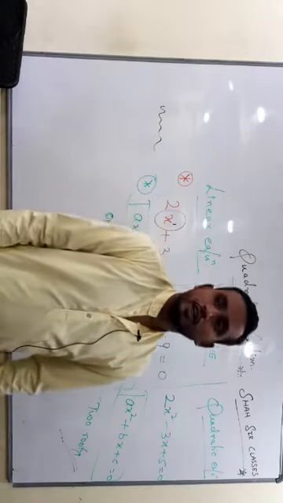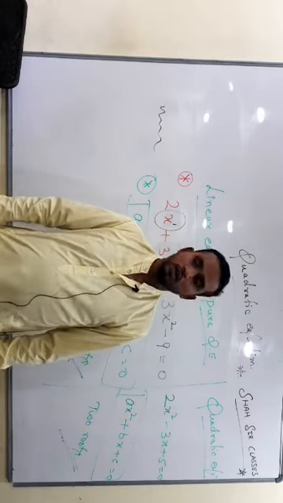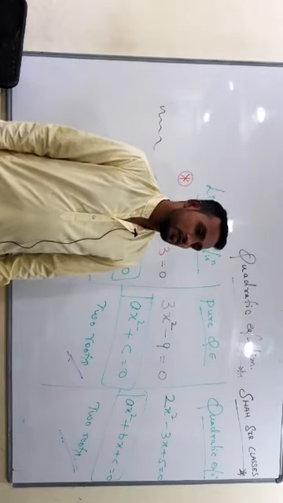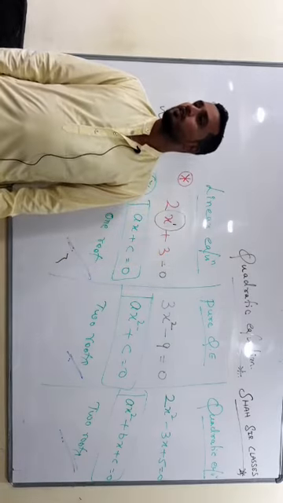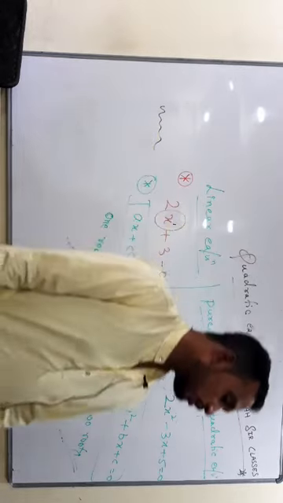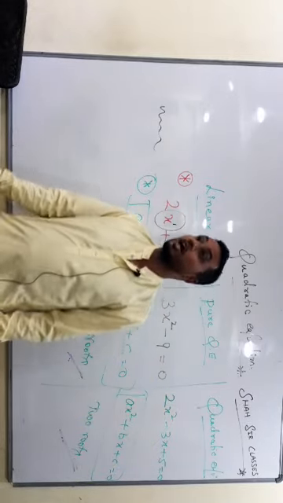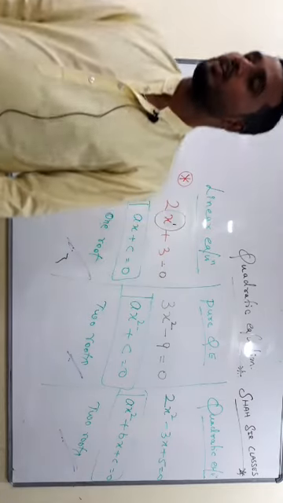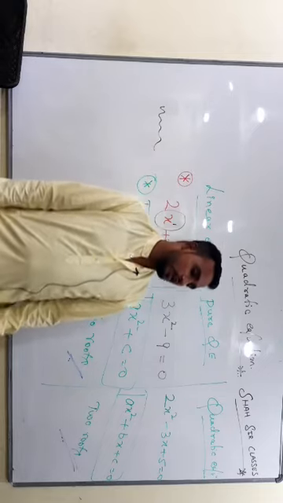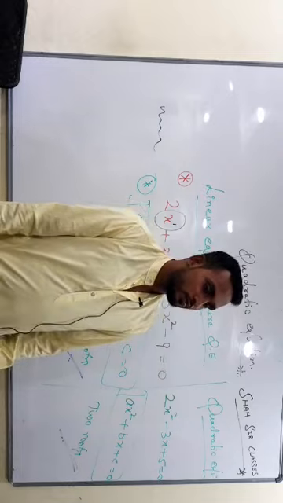What is the definition of quadratic equation? An equation which involves a variable whose highest degree is both 1 and 2. Actually, if you see the grammar of English, we write are because there are two, so we should write are. If you want, you can write is also, no problem. Is both 1 and 2 is called quadratic equation.